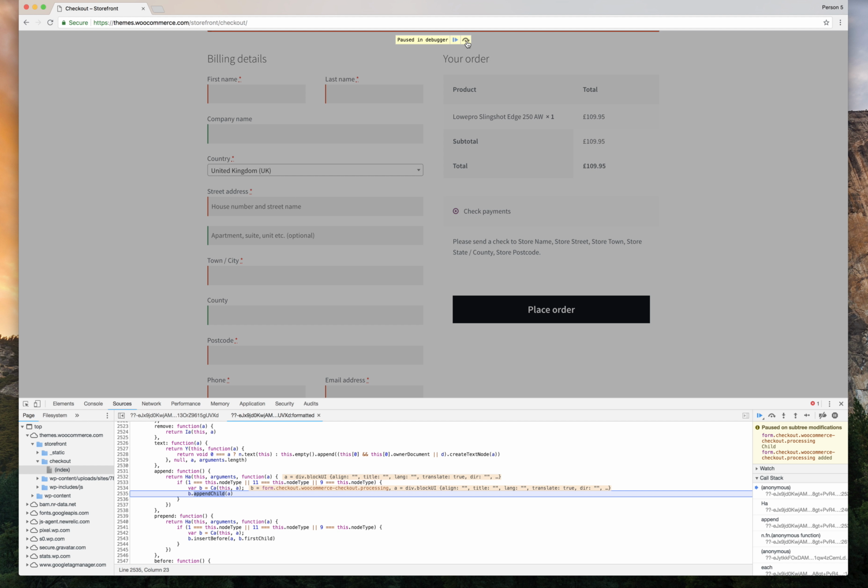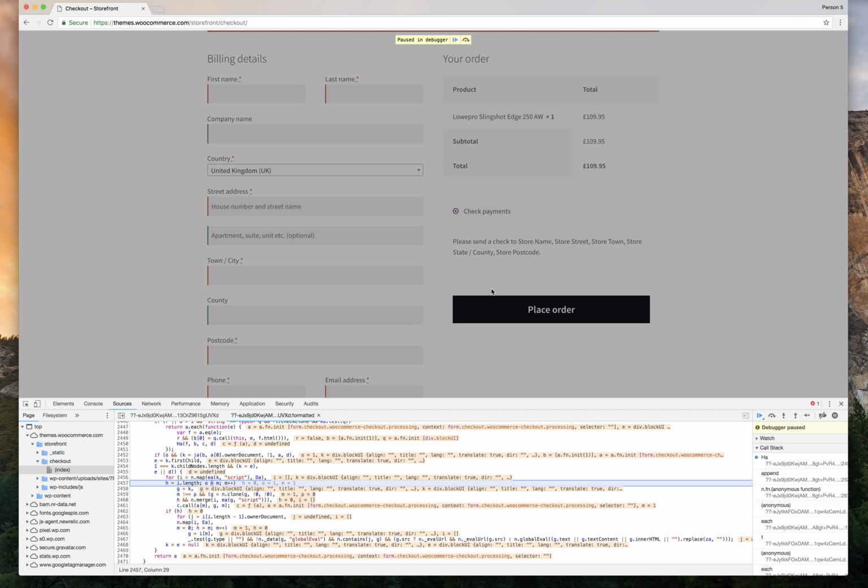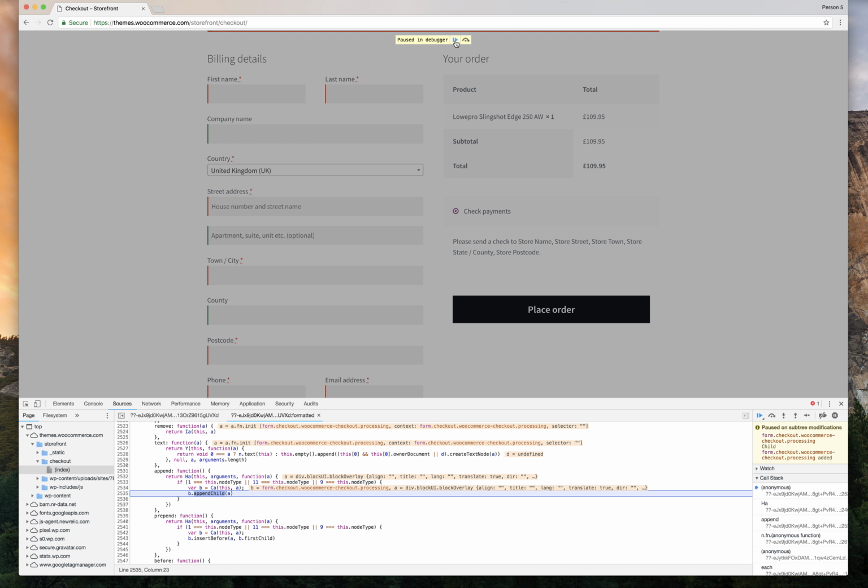But on the button next to the pause play, this blue one, you can click step over next function call. And as I click this button, you can see in real time jQuery initializing and compiling the variables in the DOM. And there's a lot going on here. So what I found is if you click the pause play button, resume script execution, a few times,